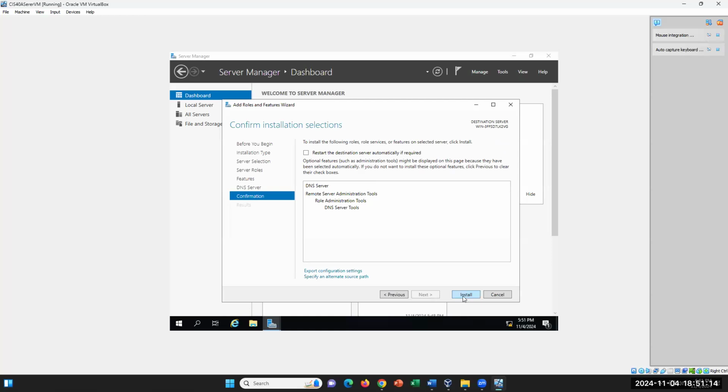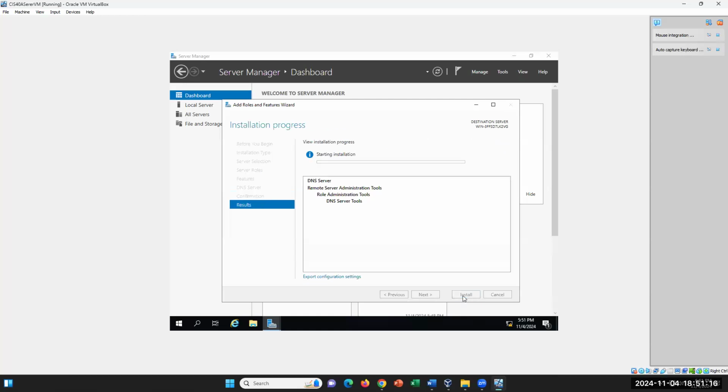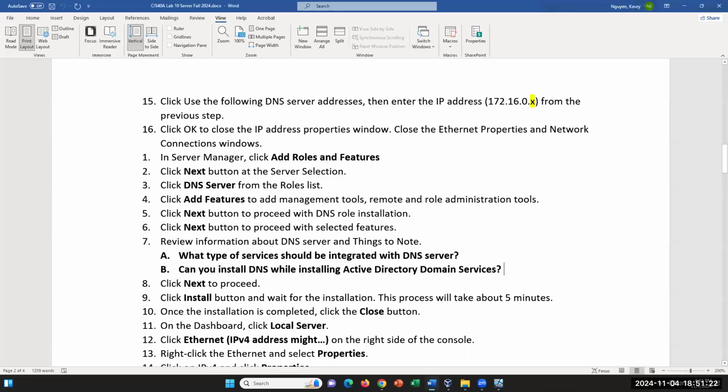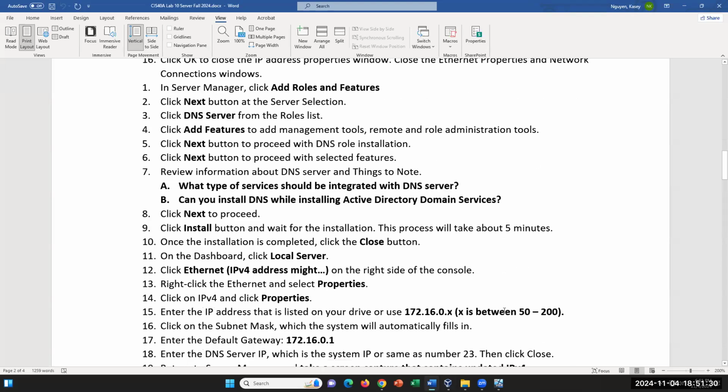All right, so once you get here, you just click install and you wait a few minutes. When your bar reaches the end and it shows you completed, that's good, then you can proceed, okay? So we're going to install, wait about 5 minutes. When it's done, we're going to close. So installation just adds in the software packages that run that service. It's not fully configured. We learned that from our other lab that we did for the DHCP. So once that's done,